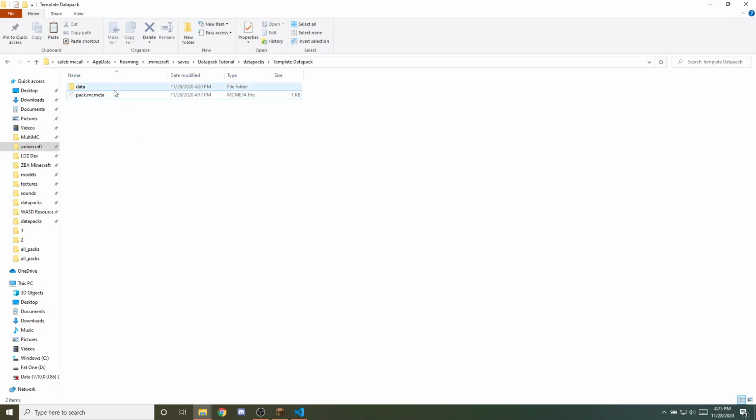Alright, so next up we have the data folder. Open this, and you'll see we have 2 folders. One is minecraft, the other is name.packname. Let's get started by changing name.packname to something more meaningful. This is what is going to be called inside of your code, so it's very important. To avoid overlaps, you want your name.packname as the format. It doesn't need to be your first name or whatever. I go with